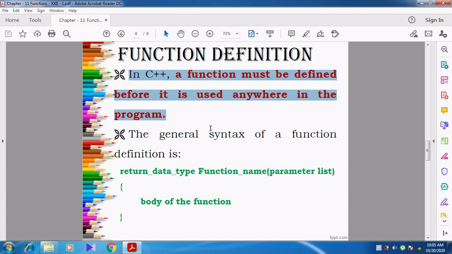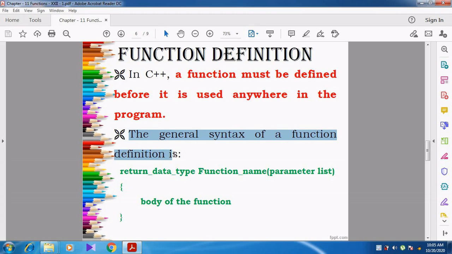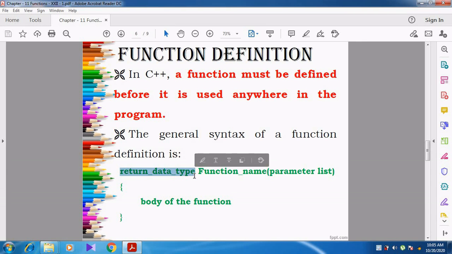Now let us see the syntax for the function definition. First of all, we want to specify the data type, or else we can call it the return type of the function.